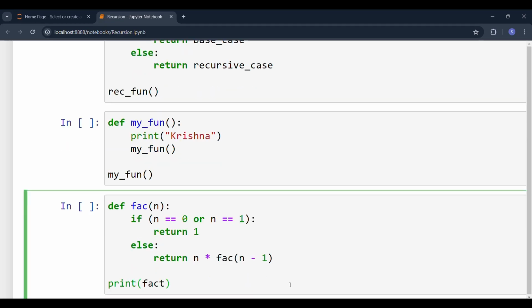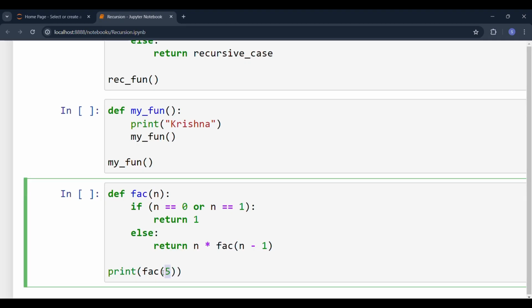Print fact of, I'll provide the value as 5. This 5 will be stored in this n. If n is equal to 0 or n is equal to 1, it returns 1, and this is